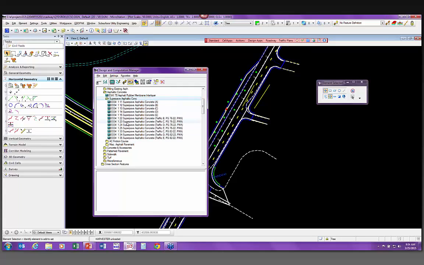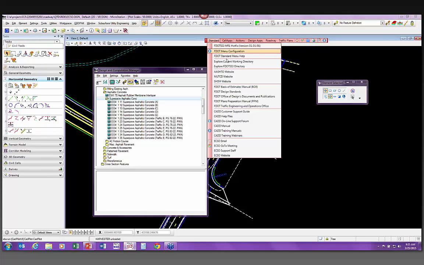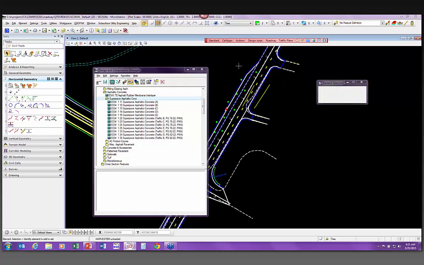So if they add a pay item, it's not a part of LDM. And I wanted to really fast show you guys if that is something that you do with your design within the D&C Manager. You need to go out to, and I'm going to go to Standard and explore the SS3 directory, okay, and